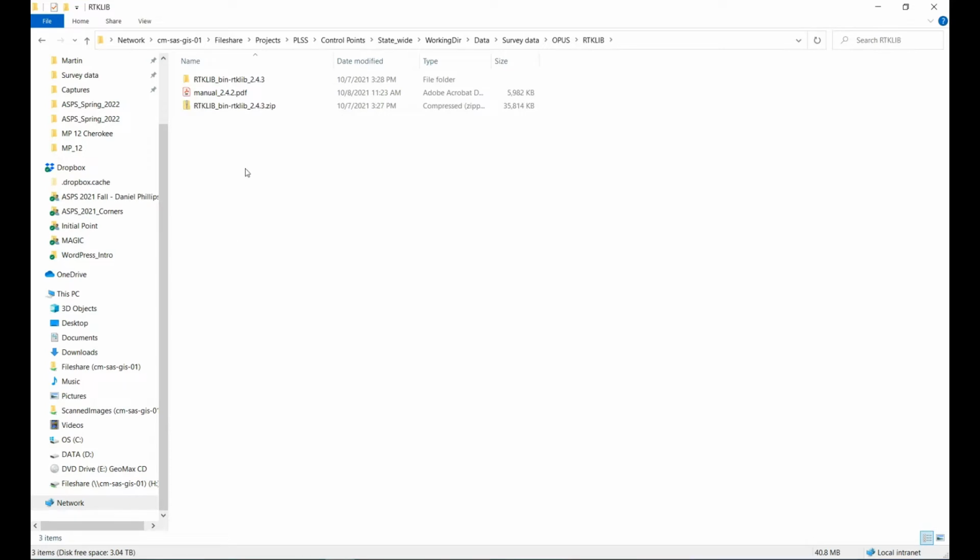This is called RTK Lib. It is free to download. It's an open source software. Let me back up and show this step again. So when you download it, you'll unzip it and then go into the main folder. This is RTK Lib 2.4.3. Open that, go to bin,